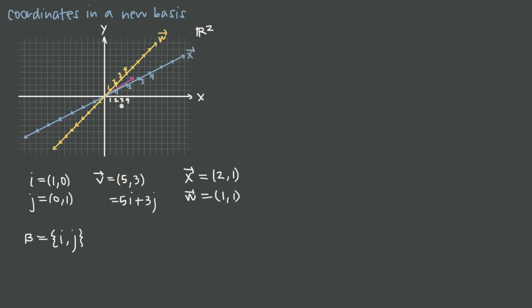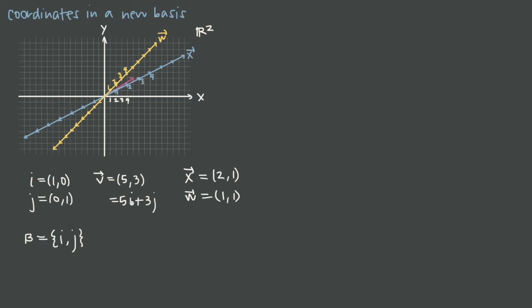And so now, instead of the x and y axes, which are defined in terms of i and j, we have the x and w axes, which are defined in terms of the vectors x and w. So we could almost call this the xw coordinate system instead of the xy coordinate system. We have a whole new coordinate system. And what we want to realize here is that we started with this vector 5, 3,